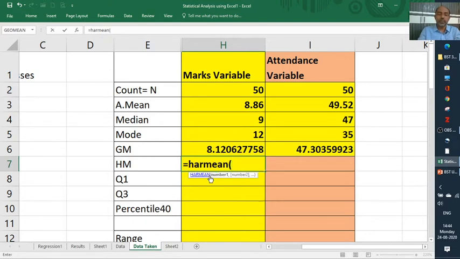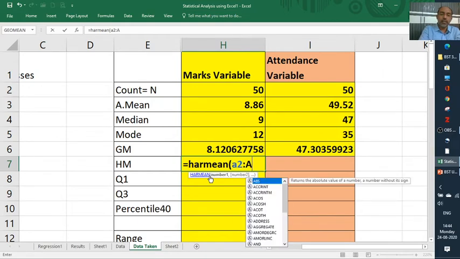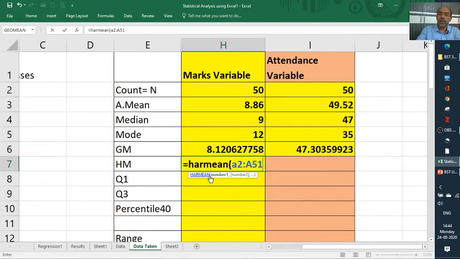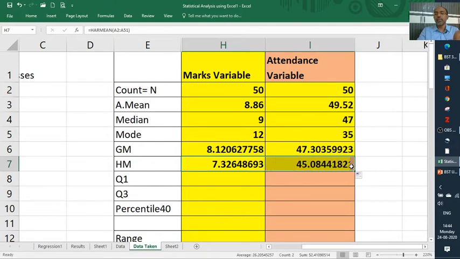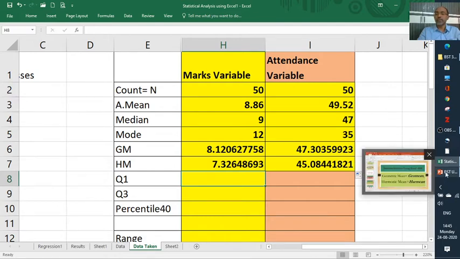Then we'll put A2 colon A51. Okay, so harmonic mean, how much did you get? 7.32 something. Then automatically I have calculated for the attendance variable also, and you are getting 45.08. Okay, in the same way we'll do calculation for the quartiles.